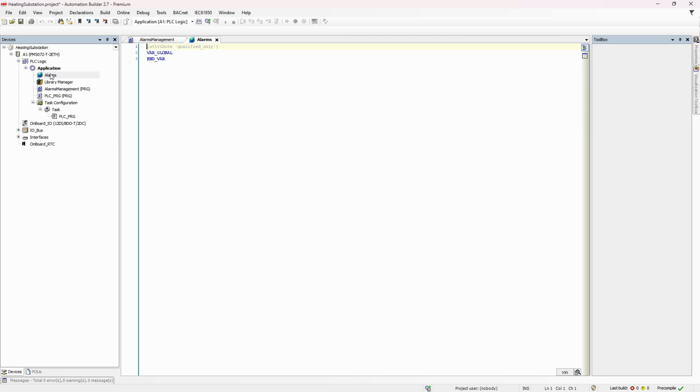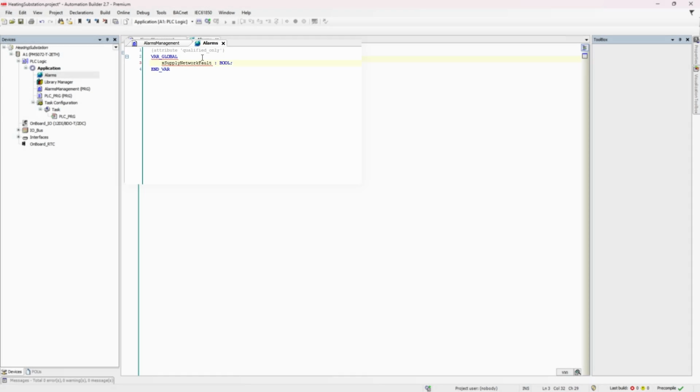Now, if we go to Alarms, we can create variables which will be accessible from any place of control application, and at the same time logically grouped as alarm-related information. Try to keep your GVL tidy and clean. Add there only variables which must be accessed by other parts of the control application. Keep them logically grouped. Try to write value into global variable only in one place of the control application.